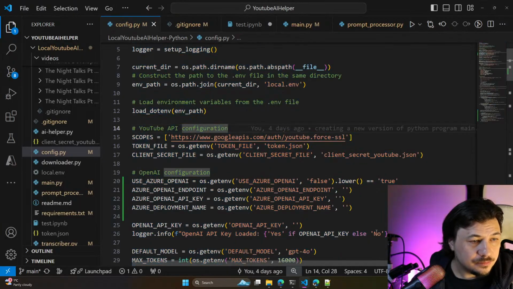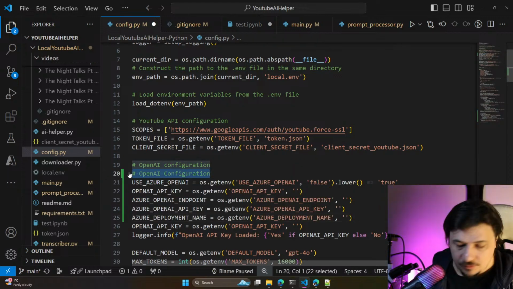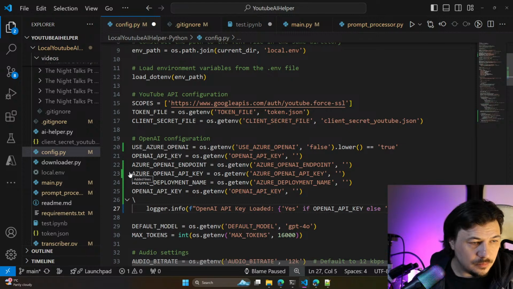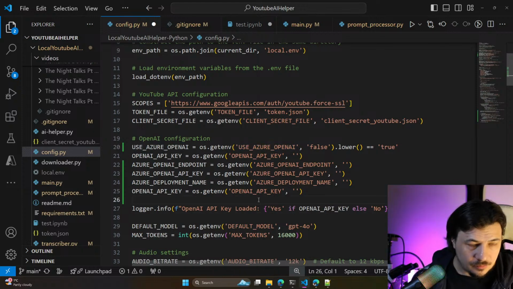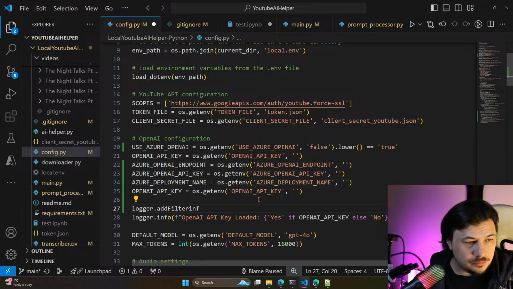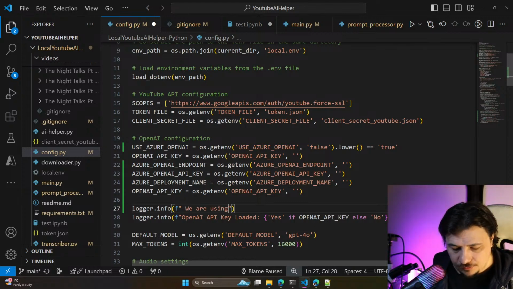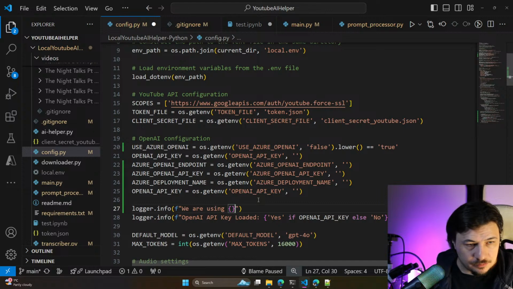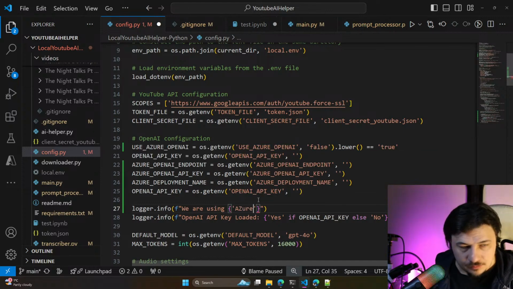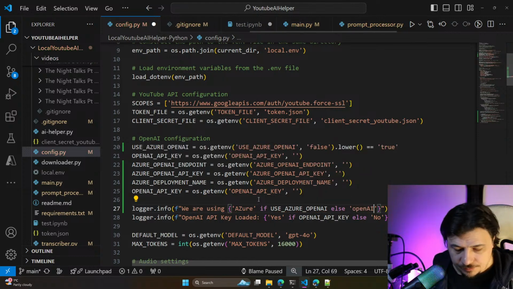Let's copy that. Logger info, inform: using Azure OpenAI, else OpenAI SDK.